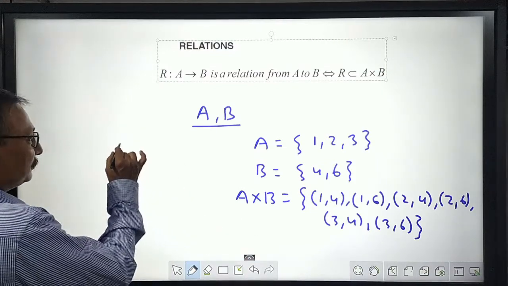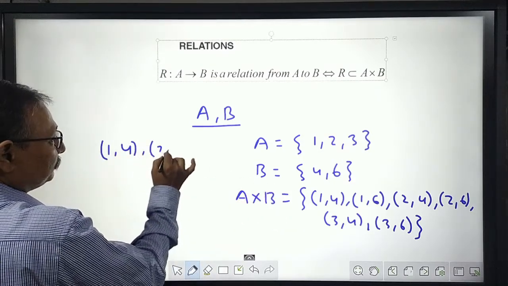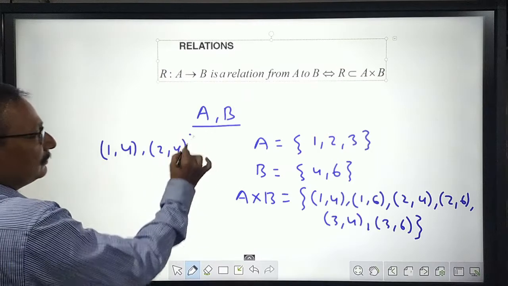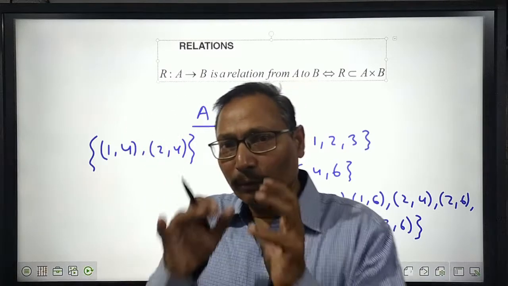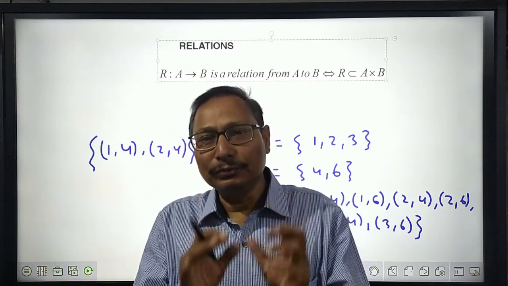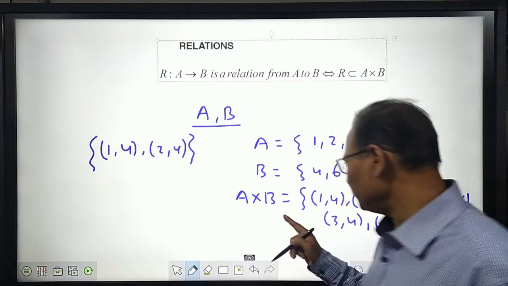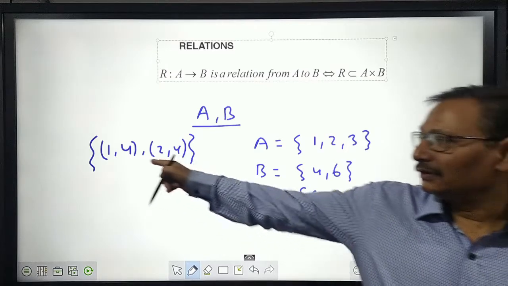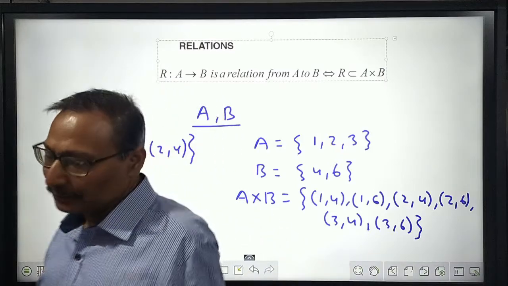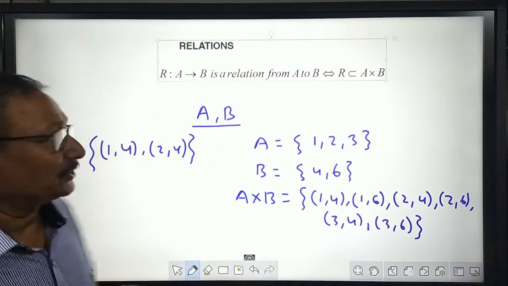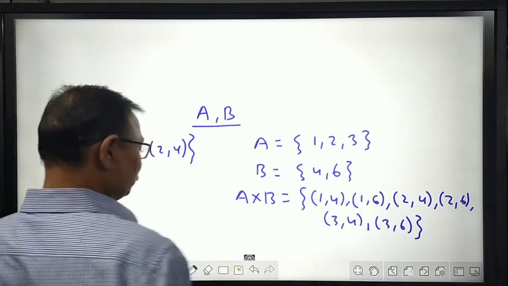Suppose that I took 1 comma 4 and 2 comma 4, and they are written under a set. So by taking these two, we made a set, and this set is clearly a subset of A cross B because these two elements are already in the set. So this set is a subset of A cross B, and according to the definition of relation written here, according to this definition,